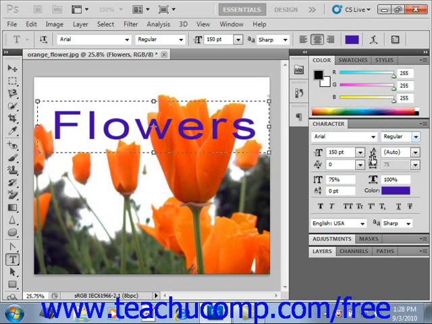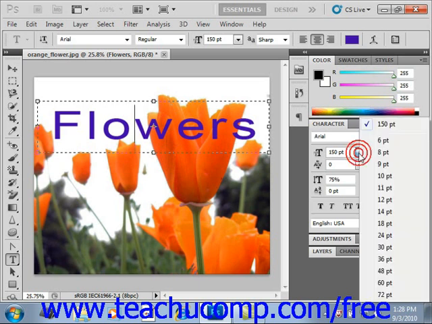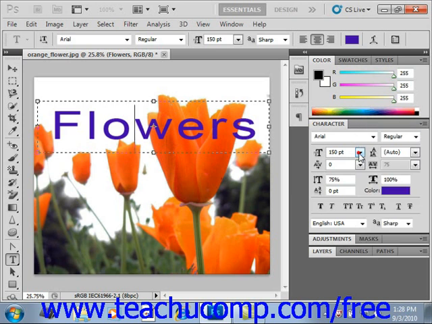You can use the font size drop-down right here to set a size for your font. Remember, you could also just type a value in the text box if you prefer. To the right of that, we can set what's called the font leading using that drop-down. And leading refers to the amount of space between the baselines of each line of text. Now remember that the baseline is the line upon which the text rests. So if you have multiple lines of text, you can change that and increase or decrease the amount of space